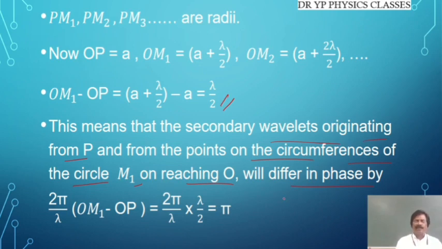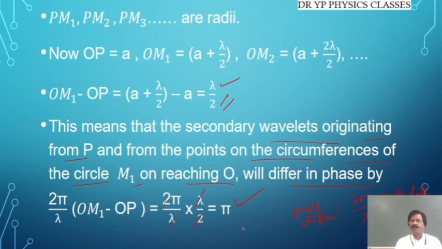That means phase difference is equal to phase difference. You know this. The phase difference is equal to 2 pi by lambda into path difference. This is the formula. Okay. Path difference, as we calculated, is lambda by 2. Phase difference is equal to 2 pi by lambda into the path difference, 2 pi by lambda into lambda by 2. Lambda gets cancelled and 2 gets cancelled. You will get only pi.